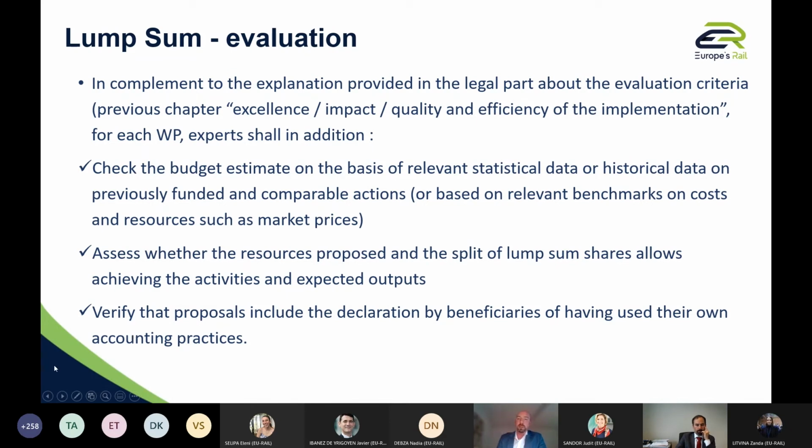So these are the specificities of the lump sum share with respect to the financial assessments. And this is what will be done ex ante to verify and confirm with you the lump sum share per work package per beneficiary, which would be signed. And at implementation phase, all the actual cost verification and all the financial reporting are over. So we have a little bit of work to define your proposal, but as with a normal grant agreement, we would have with the experts some verification to be done once the call is over for the evaluation process and so on. And as soon as the grant agreement is signed, all this is finalized. Next slide, please.